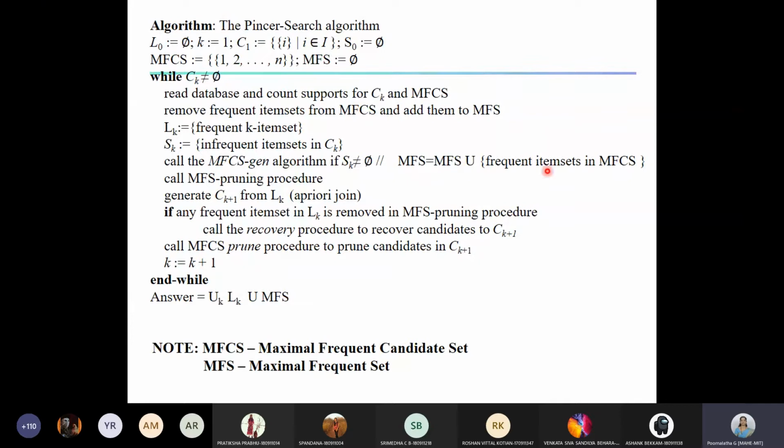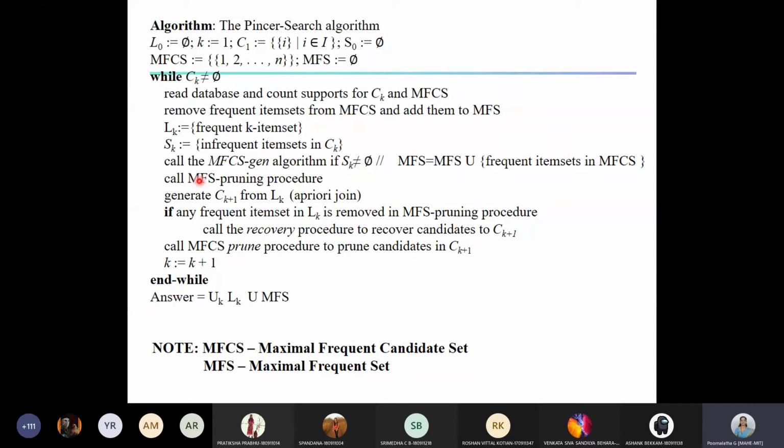Why are we doing this? Because MFCS means candidate item sets, right? Candidate in the sense they may be frequent, they may not be frequent, that we don't know. But the moment we come to know something is frequent, we cannot call it a candidate item. So that's the reason we need to shift it from MFCS to MFS here.